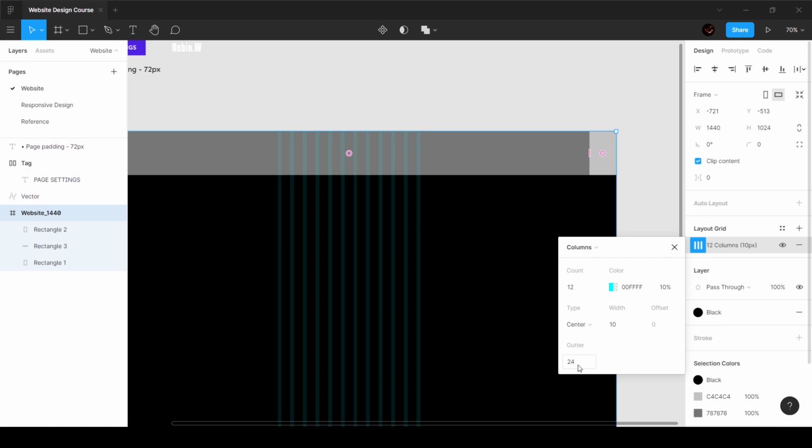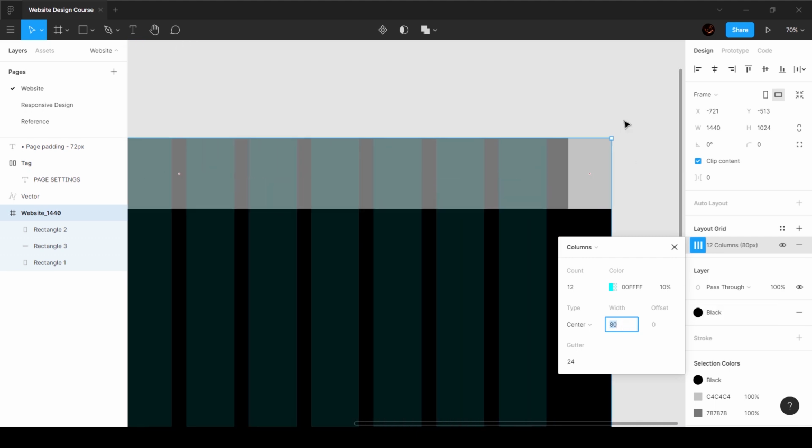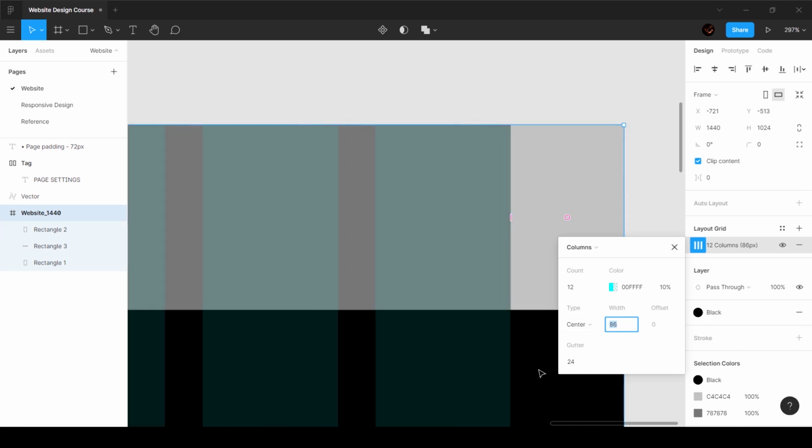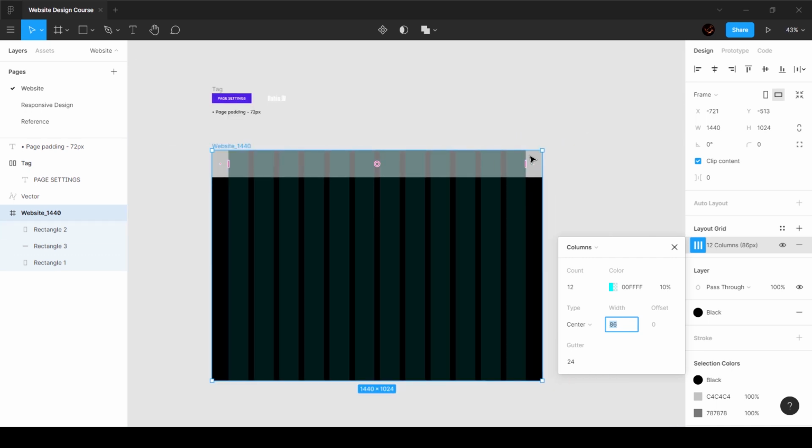And now the only thing left is to add a width. The only way to identify the width is to play around with it and go for a trial and error method. But the only things that you need to decide in the beginning are the number of columns, set it to center, and the gutter width. Once you do this, we can keep increasing this value until we make sure that it's very close to what we have. So I'm going to keep increasing. And now you can see that at 86 pixel width, this clearly touches the edge of 72. And this is how you are going to create your grid.